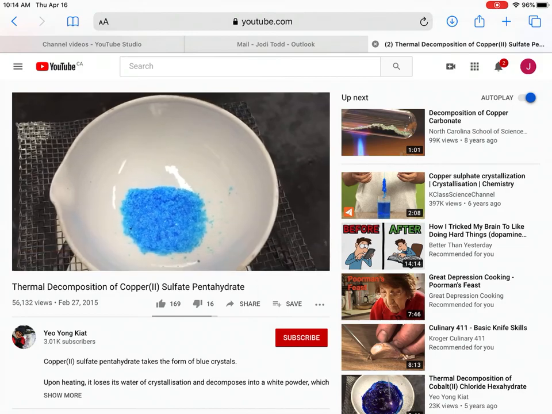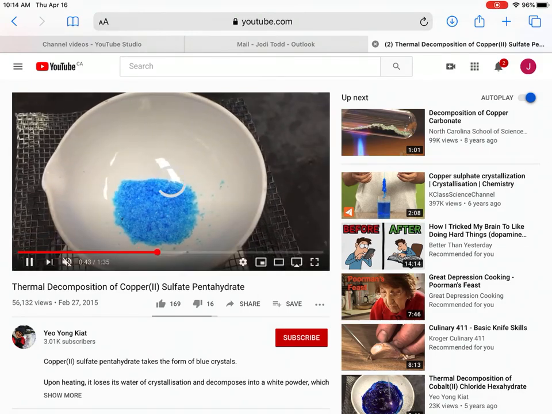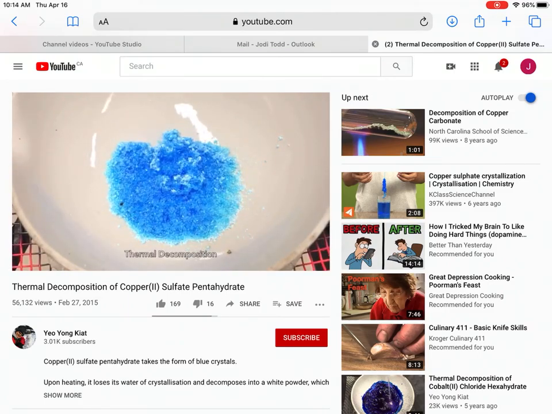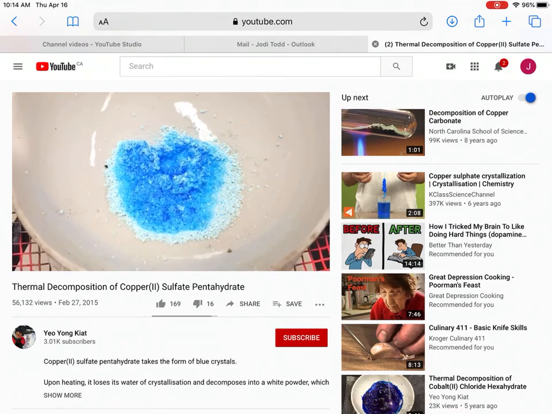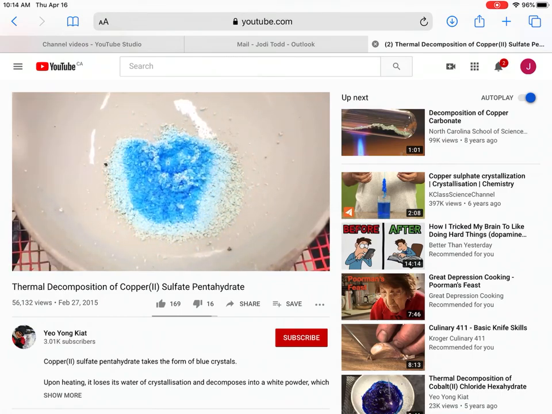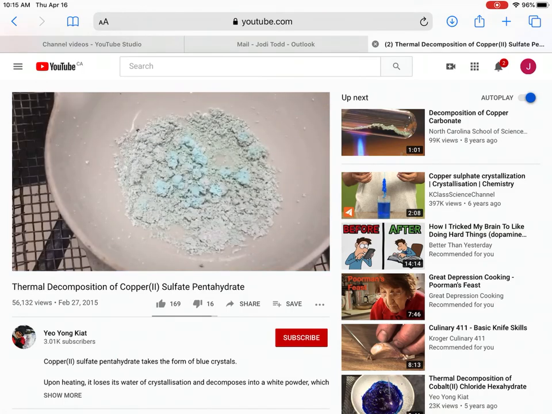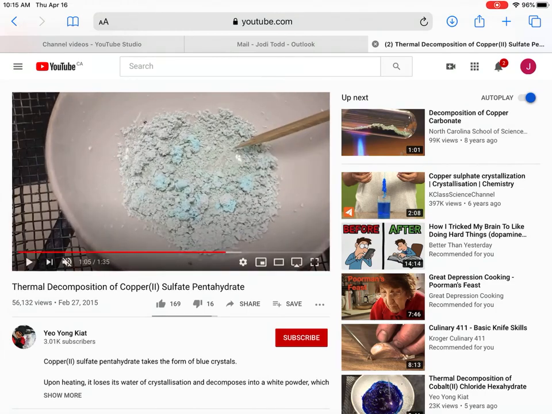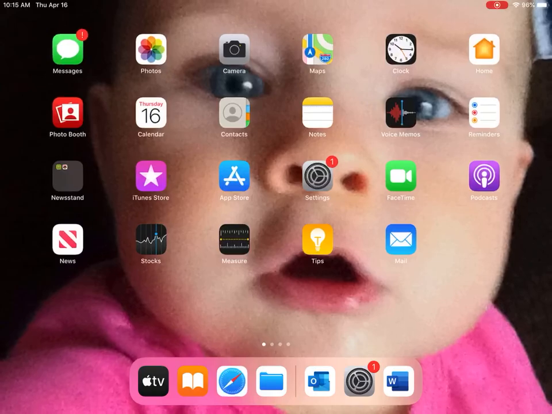You just need heat. So this person has fancily called it the thermal decomposition, which really means all you're doing is heating it up. So they're using an evaporating dish and a Bunsen burner. You can see the wire gauze there. We would have used a test tube, but it's the same difference. So you can see the blue turning into white. The reason I like to use a test tube is at the top of the test tube, you would actually see the steam in like the water droplets. So sort of proving that you're driving water off. So you would have weighed the before and the after and figured out how much anhydrous white powder was left over. Okay, so that